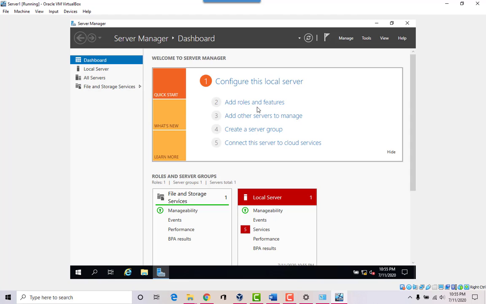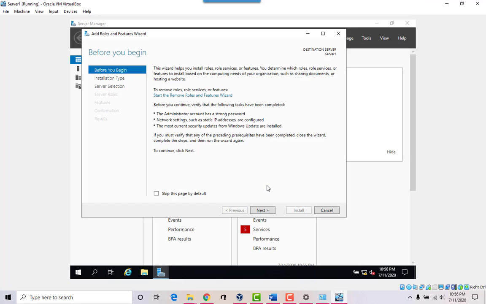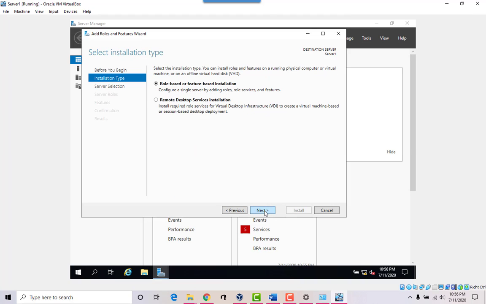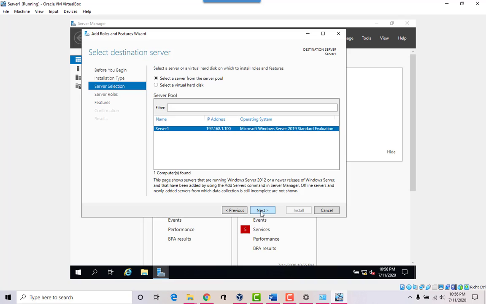And this server manager is going to allow me to convert this server into the primary controller or the domain controller. So we'll create the forest, we'll create the domain controller. So let's add roles and features. Okay, we'll click next. This is going to be a role-based or feature-based installation. We've got the server name in there.